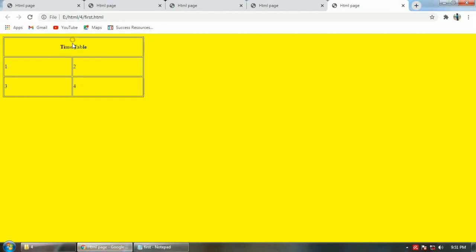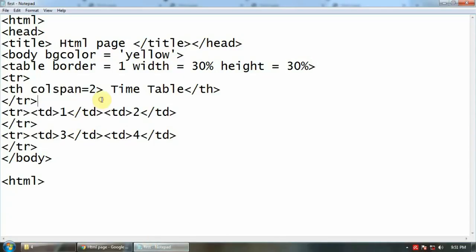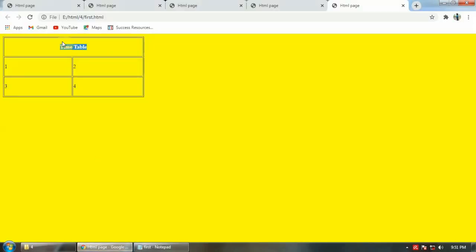Here you can see, if I increase this line, I will get 2 columns. So these 2 columns are combined, merged here, right? After merging this, I will start again with tr, then td 1, td close, td 2 and td close, and tr close, then tr again started here. The rest is the same, and at last I should have used the closing table tag. I did not, but still it works. Okay, so this is column merge.